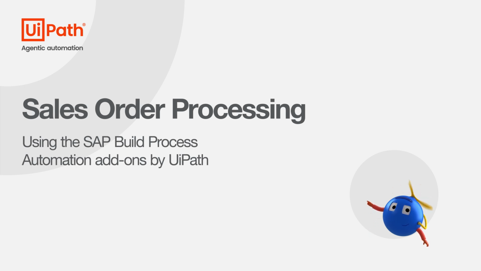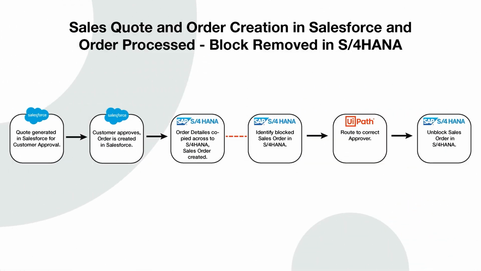Let's consider a real-world order processing scenario in which a quote is generated in Salesforce for customer approval. Once the approval is received, an order is created in Salesforce and the details are copied across to SAP S/4HANA. In the second part of the demo, we'll also explore the order unblocking process in SAP S/4HANA, involving a human